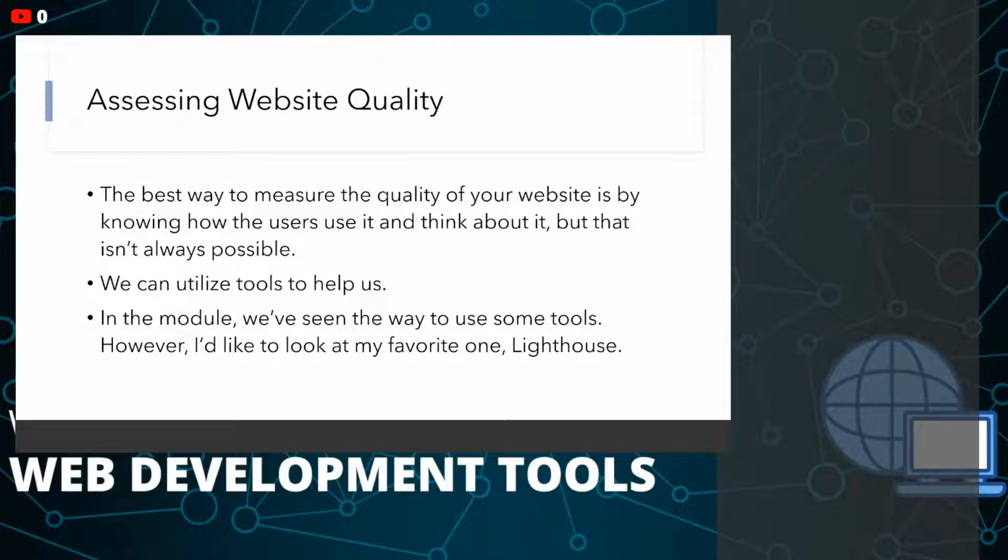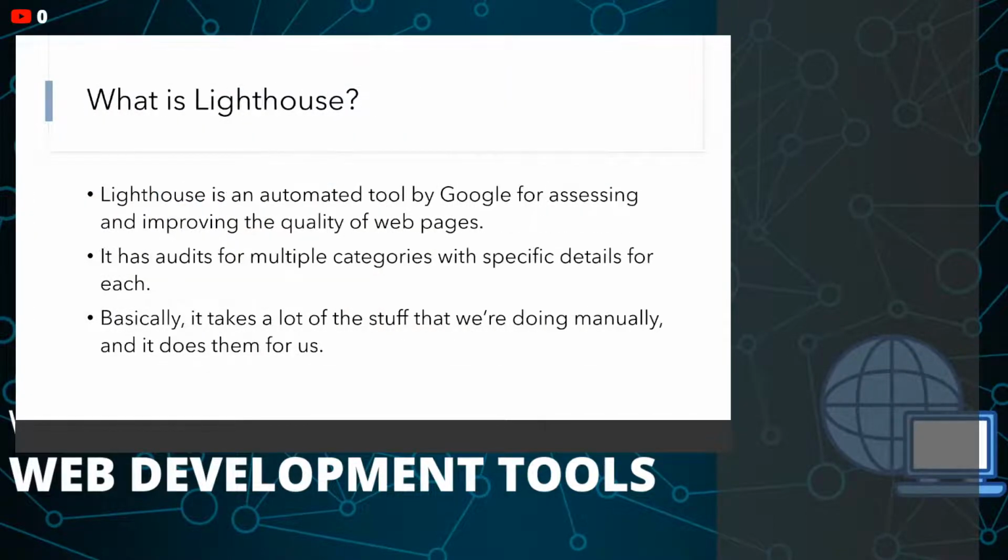So what exactly is Lighthouse? Lighthouse is an automated tool by Google that was created for assessing and improving the quality of web pages. It has audits for multiple different categories with specific details for each. So not only does it tell you what's wrong, it actually gives you a score in each of these multiple categories. It tells you specifically areas in which you can improve, and it gives you suggestions for improvement and actually things that you can do